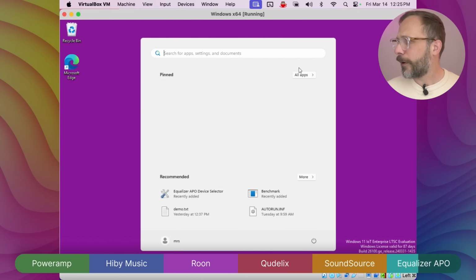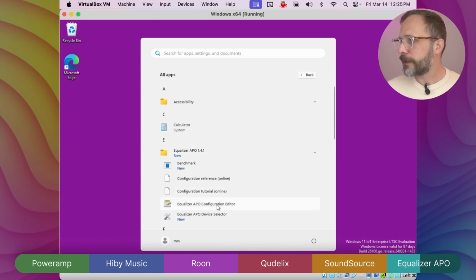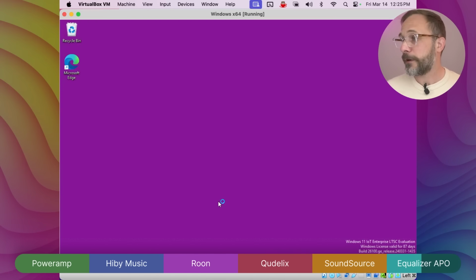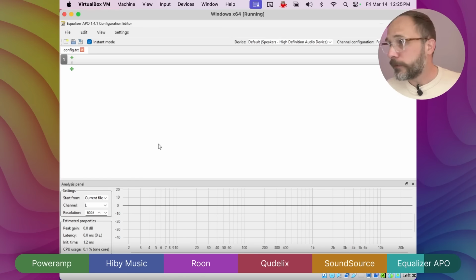And I guess a quick note also on launching Equalizer APO. When you navigate to it via the Start menu, there's going to be a bunch of things that Equalizer APO installed. The thing that we want is the configuration editor. So now in the configuration editor, you might see a couple more things on here when you first launch it, or if you've used this UI before, there might be some other stuff. Just to note, we want to make sure that everything we're doing in here, we're doing on the config.txt